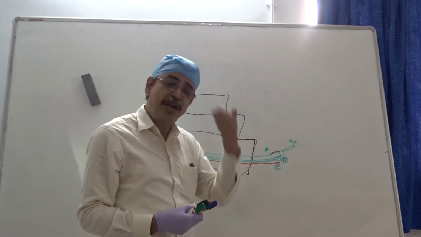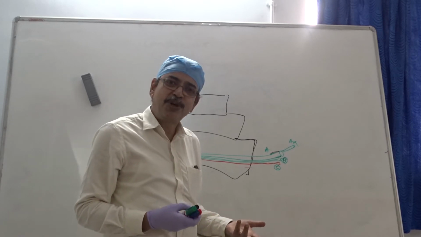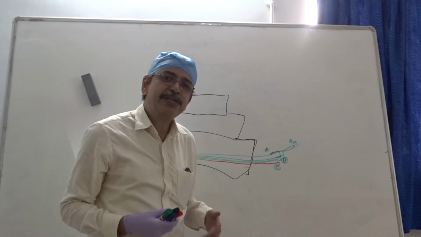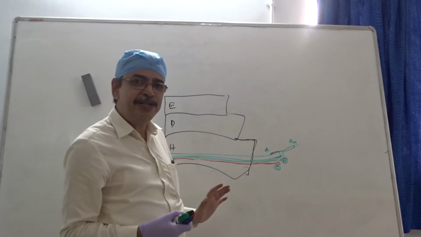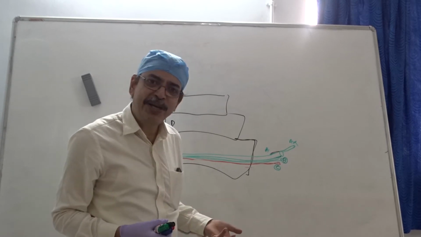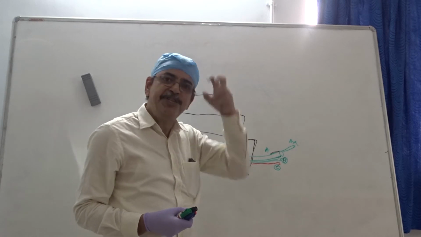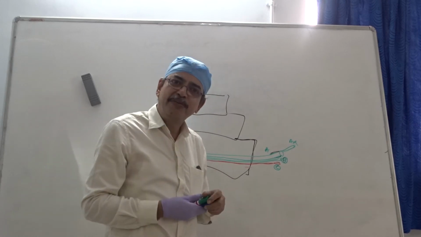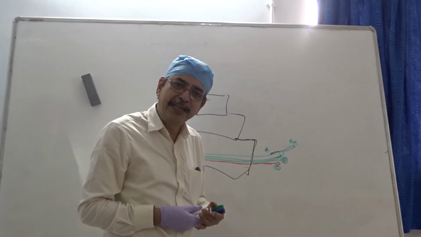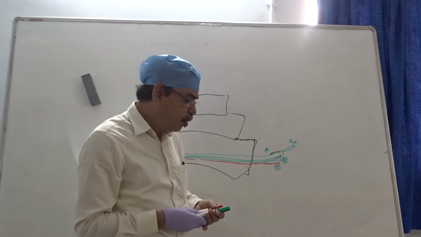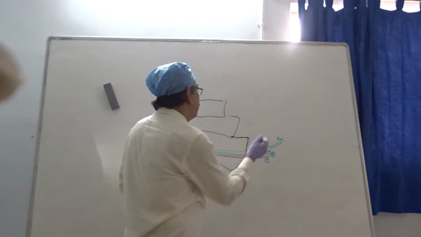So the information needs to travel from the joint: what is the position of the joint, what is the position of the muscle, how it is stretched or not, whether the ligament is stretched or not. If it is extremely stretched, then it is to be contracted again. So this decision, at the somatic motor cortex or at the level of the local spinal circuit, needs to be taken fast.